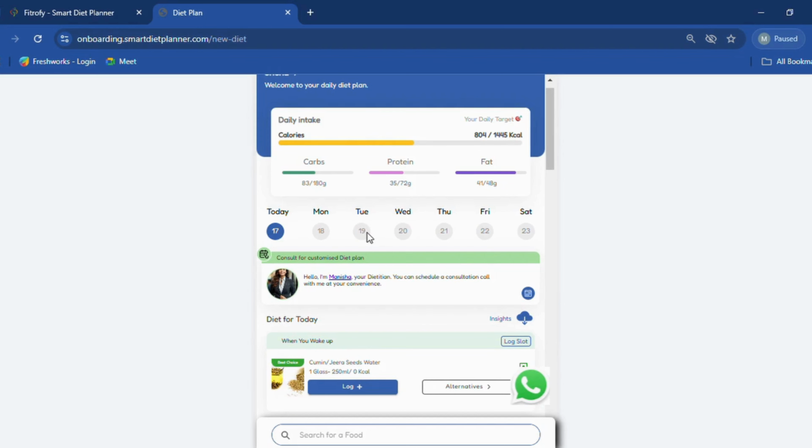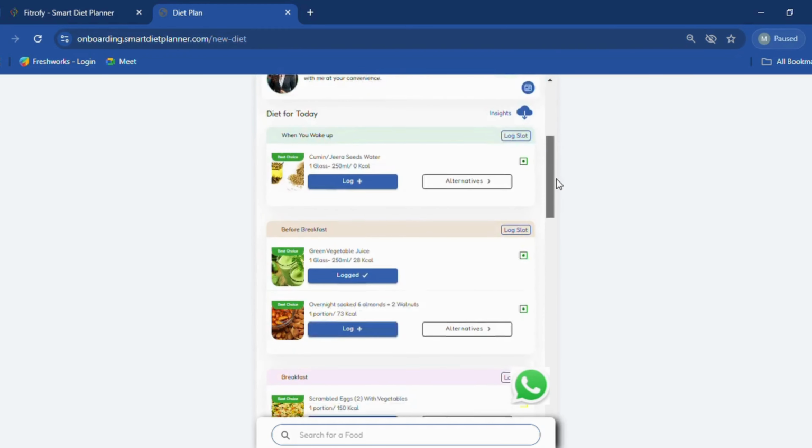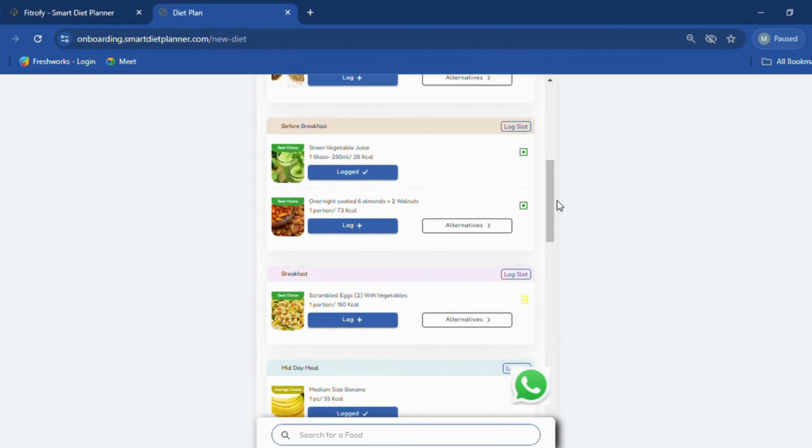And remember that the client cannot log the future day's diet plan because they have not eaten those things so far. Next thing is Nutri-Score information, as in if this particular option that they're eating is healthy or not.